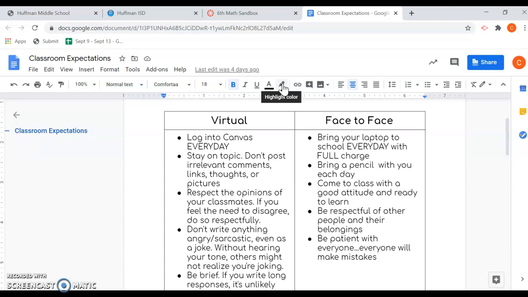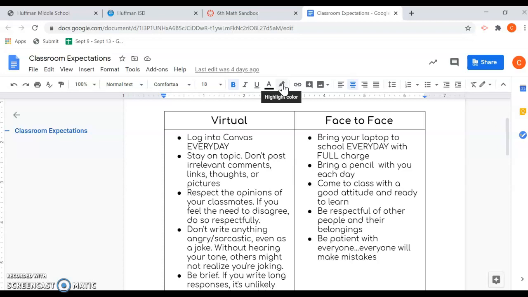Okay, because we are doing late work for virtual and face-to-face when we return. So whatever your due dates are for assignments, make sure you get your materials and your papers and your quizzes or whatever they are turned in by that due date, or it will be counted as late and you're going to have points taken off. Those late points, you can find how many points are taken off in the syllabus that I told you on that front page. So continuing with virtual, I'm going to ask that you stay on topic,